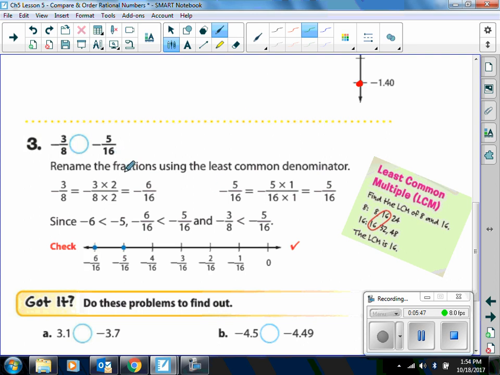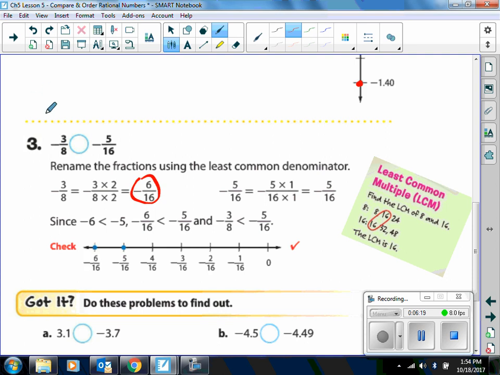Times 2. Very good. So here we're going to multiply the numerator and the denominator times 2. Okay? Please don't let me see you do this. Times 2. Because that means a completely different thing. That means times 2 over 1. So we don't want times 2 over 1. We want times 2 over 2. Got it? So now we end up with